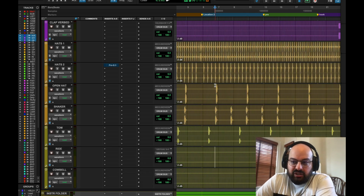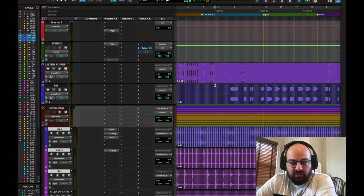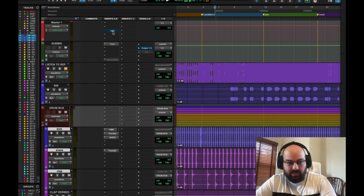Unfortunately, I wish I had both sets of outputs. This is why I really wanted to do this with Session Wire, because if I have both sets of outputs, then I can be monitoring off of VSX while also sending out the clean broadcast, and Zoom doesn't let me do that. But basically, it is so much easier to hear what's happening when I have the room emulation on. I'm going to turn it back off, but